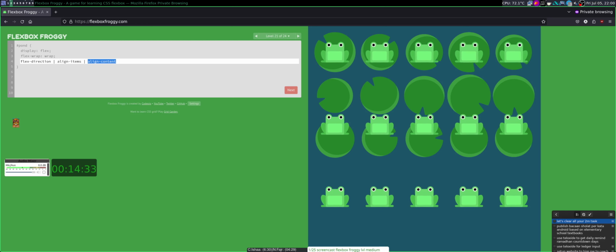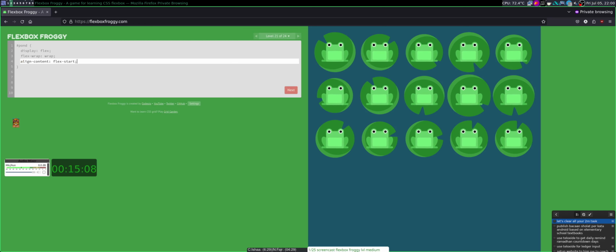This only works if you have enabled wrap and have a 2-dimension flag. So we have 1, 2, 3 rows, or more than one row. Okay, so I just need to use align content flag start.